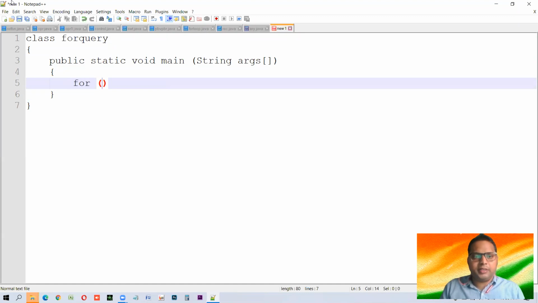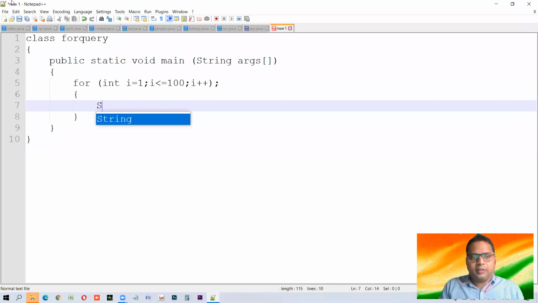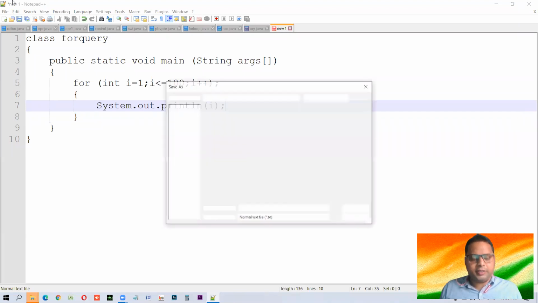One of the students has written for (int i = 0 or 1; i <= 100; i++), and then this terminator also he has put. And then System.out.println the value of i. Okay, let us run this.